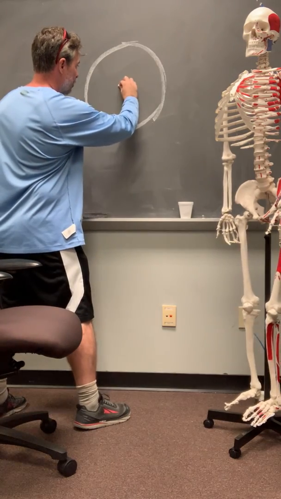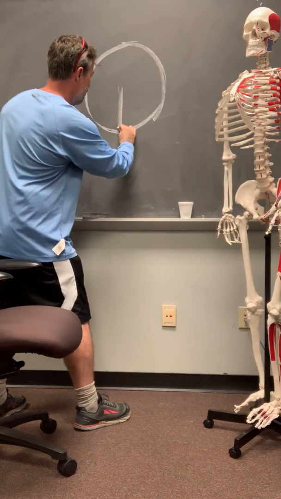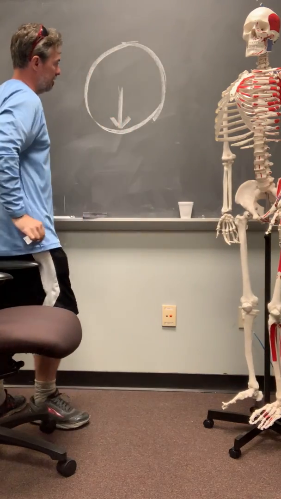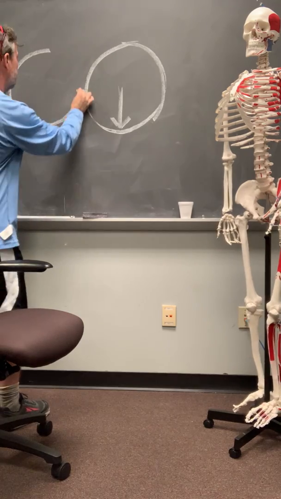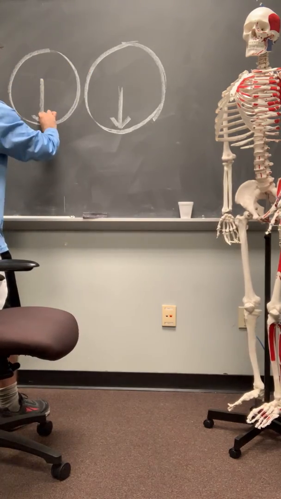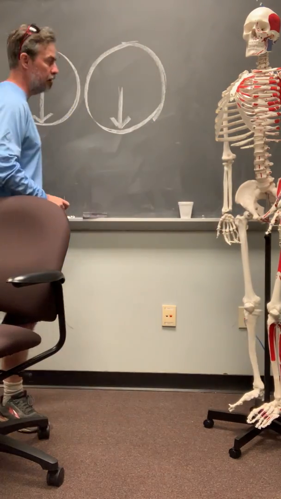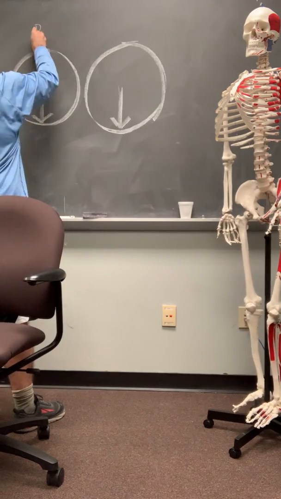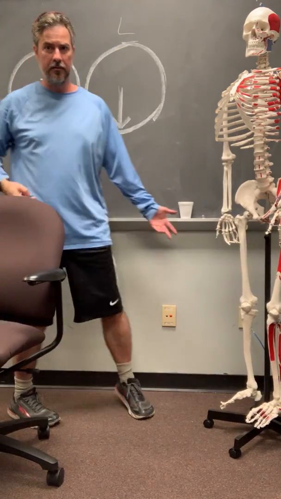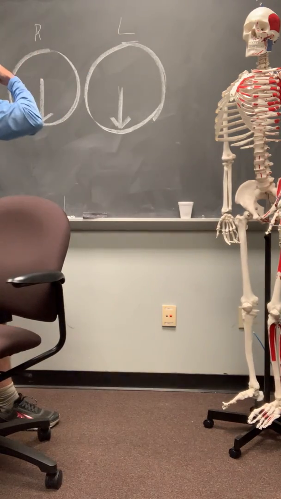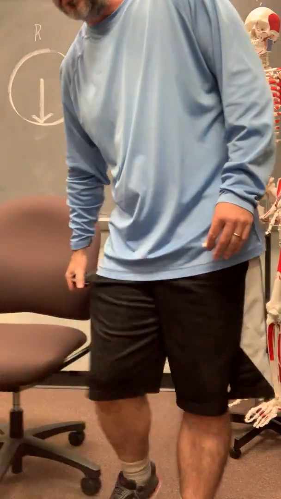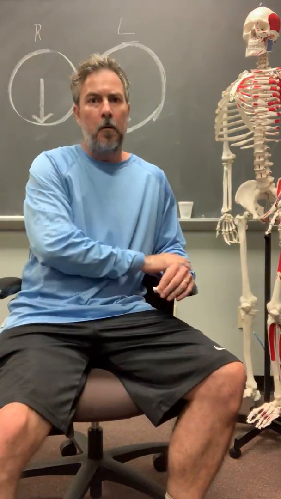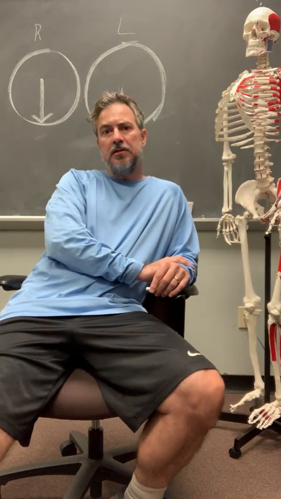And the way I want you to view ab and adduction is imagine a clock hand and I have 2 clocks. This is going to be my right, this is going to be my left, okay? All right, so right and left, does that make sense? Okay, right and left. And abduction and adduction, as listed in your books, are rotations in the frontal plane